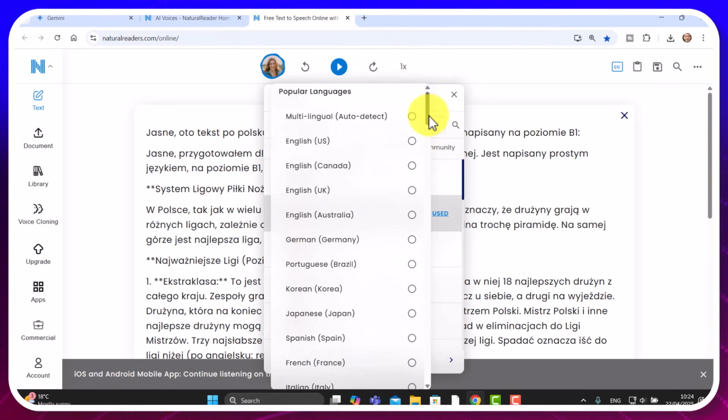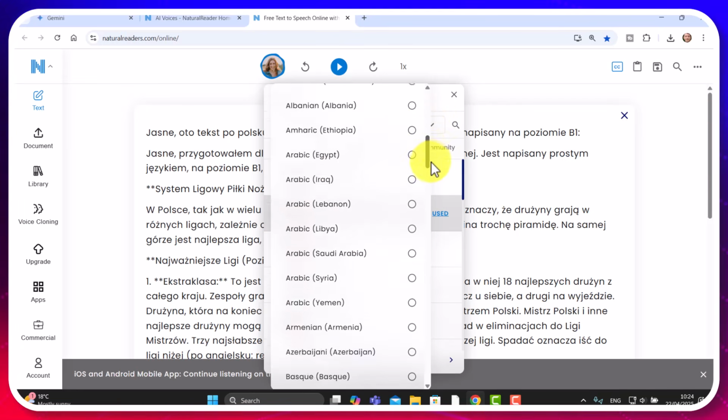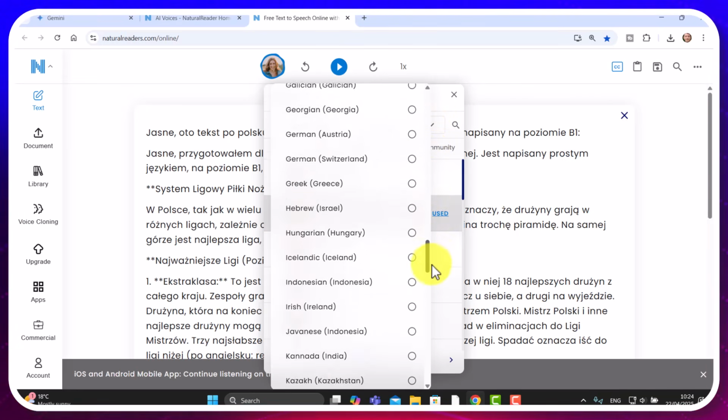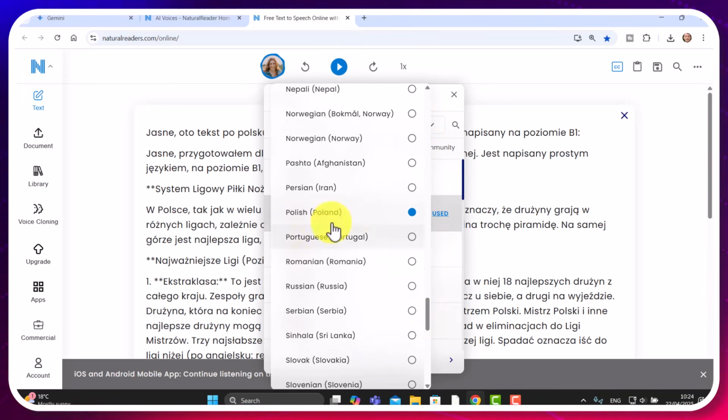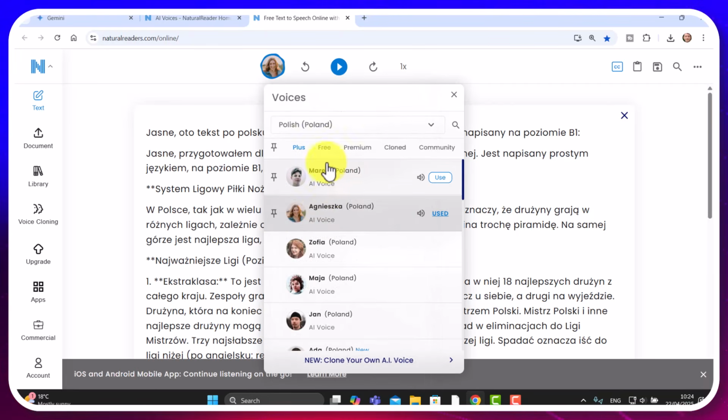Now in my case I want it in Polish, but I want you to notice that there are multiple languages that you can use with this technology, so absolutely brilliant. Okay, I'm going to choose Polish, and then I'm going to choose Marek. You can choose a voice as well. Okay, I'm going to click off,